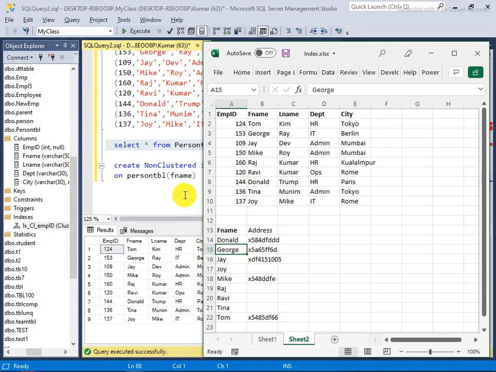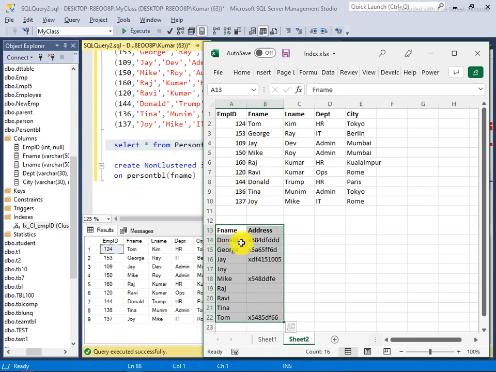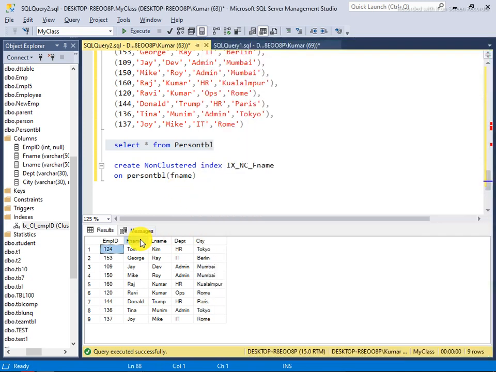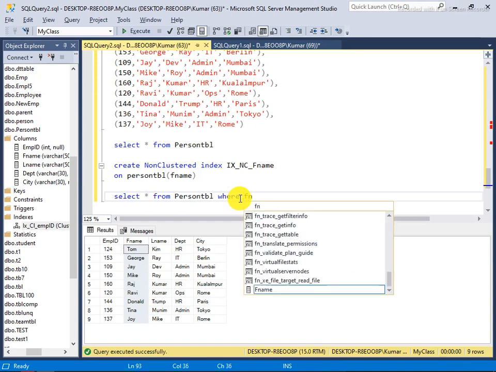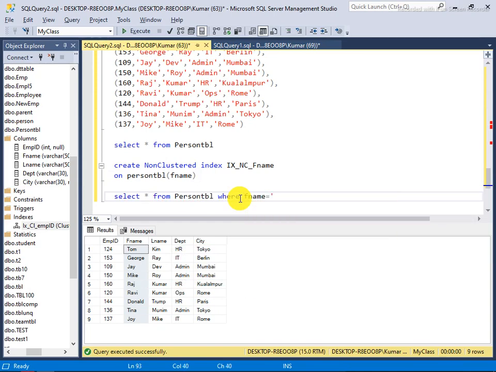So see here, an index has been applied. So when you make any query, SQL Server first comes to this memory address. This is not physically visible to you, but it will definitely remain in SQL Server memory. So when you make any SQL query using f name, like you want to say select star from person table where f name equals j, and you run this query.